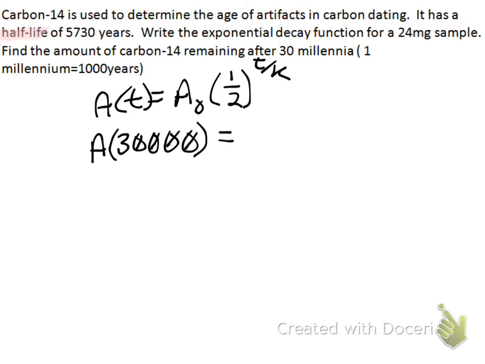So that function, or A of 30,000, is equal to my initial amount, which is 24 milligrams, times 1/2 to the amount of time that has passed, my T value, which is 30,000, divided by the half-life, which is